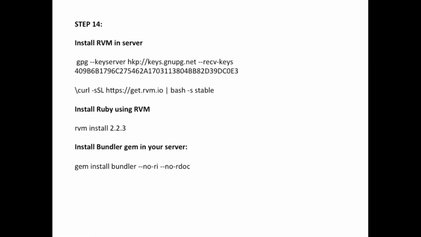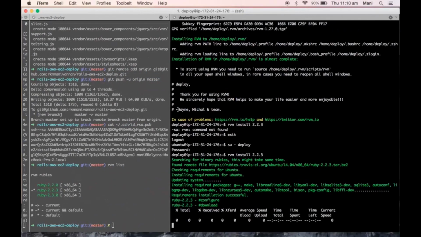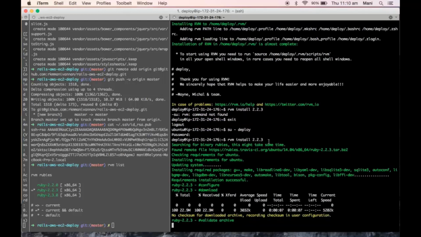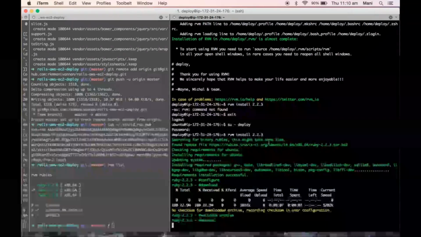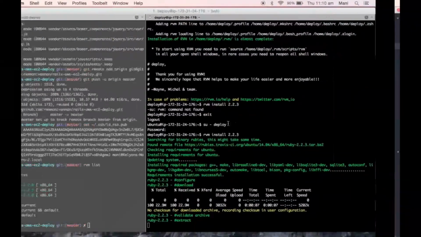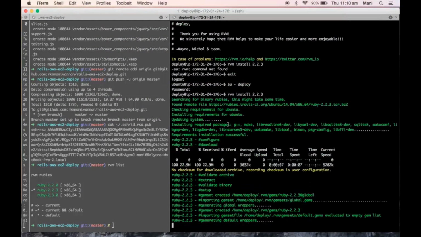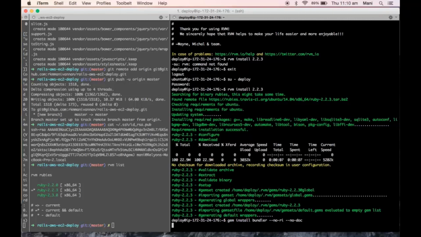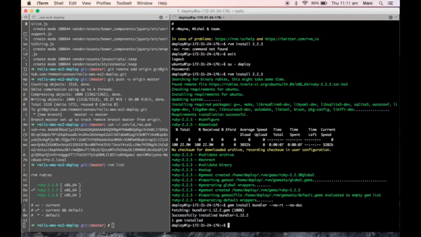The next step is we need to install bundler in our server. So now the bundler gem is installed.